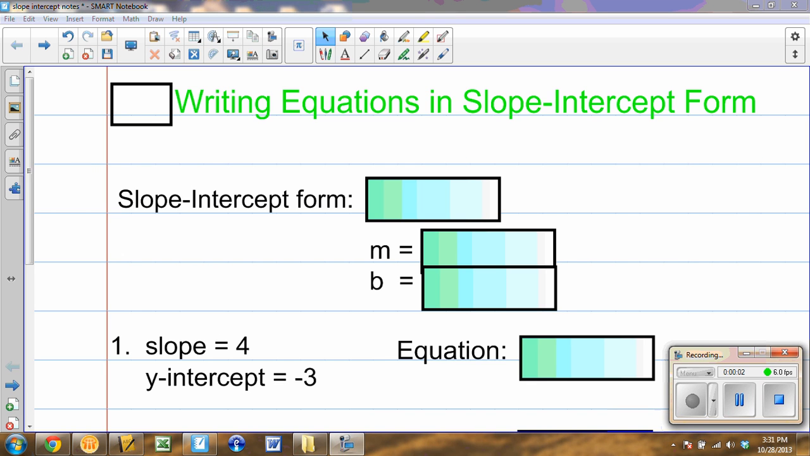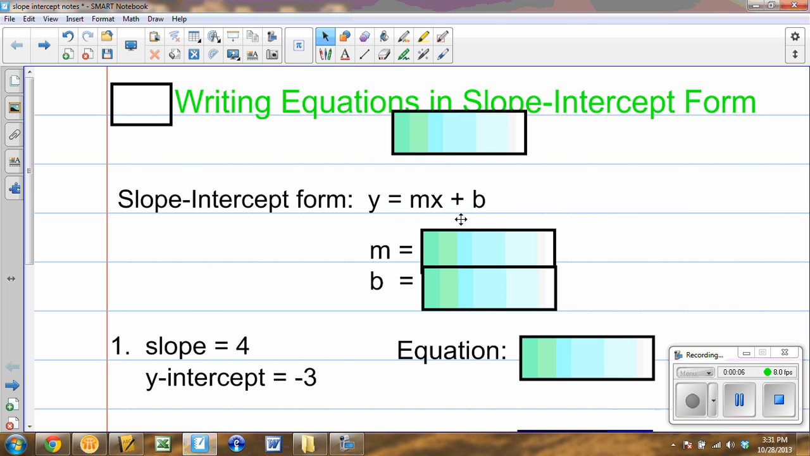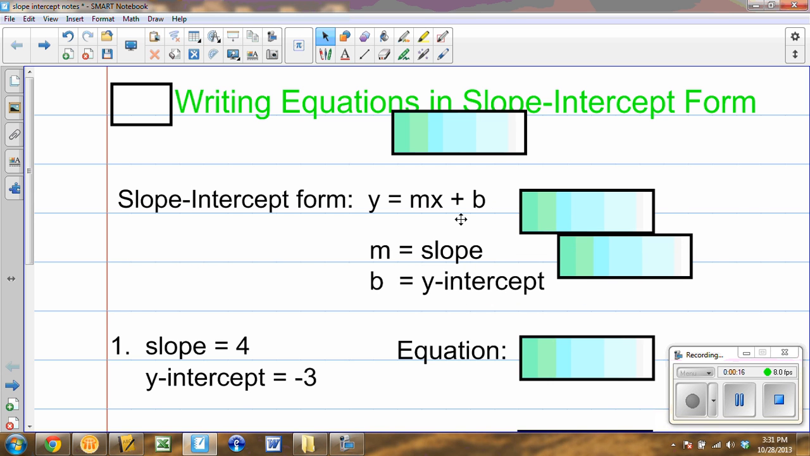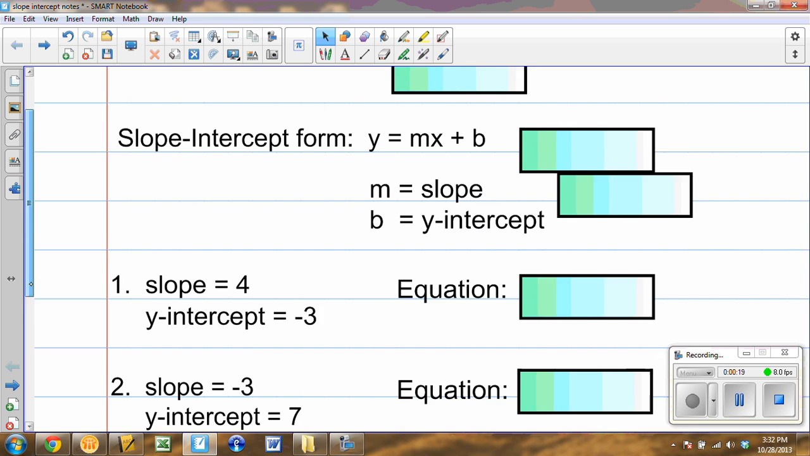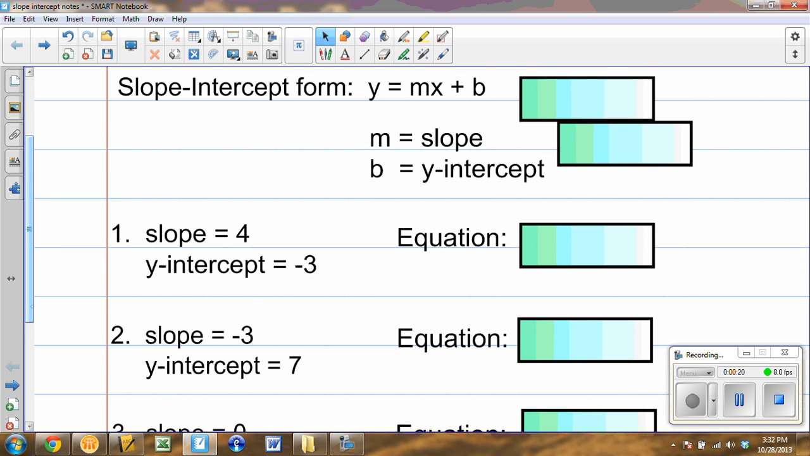All right, we're going to talk about writing equations in slope-intercept form. Slope-intercept form looks like y equals mx plus b. And remember, m is the slope and b is our y-intercept. Slope and y-intercept. So if I have an equation where I know that the slope is 4 and I know